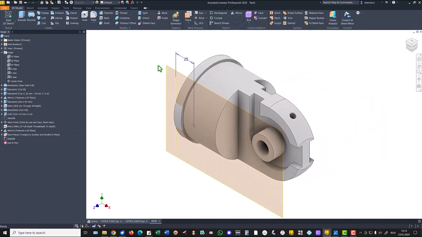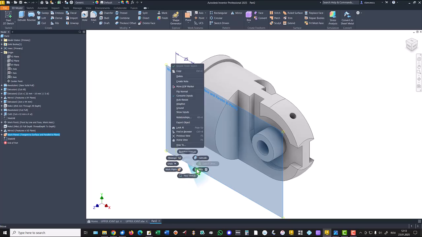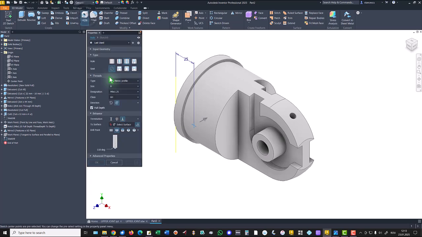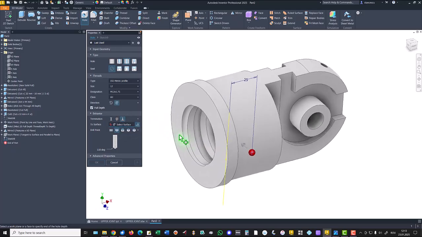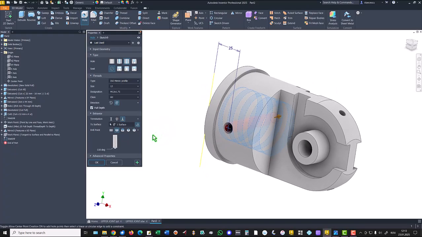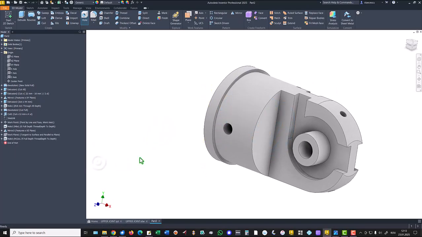Finish sketch, hide the plane, and place a hole of metric 12. Inventor knows where is placed, and it waits for us to select the diameter 12 and the surface for ending this hole, as you can see. Okay,